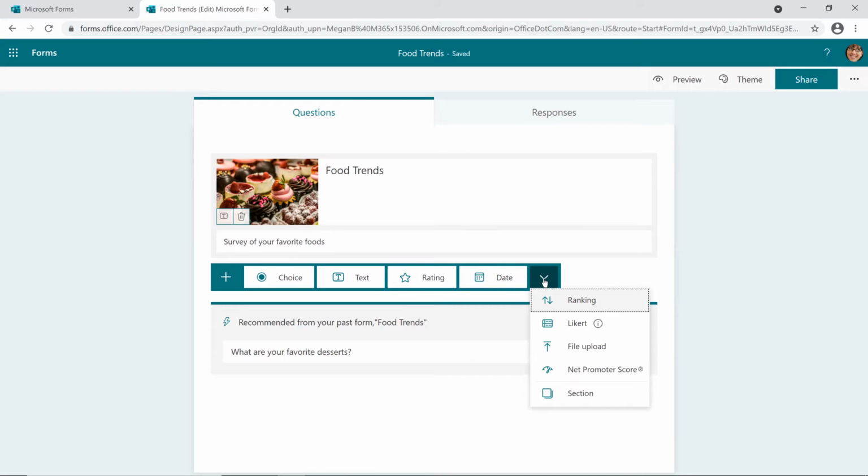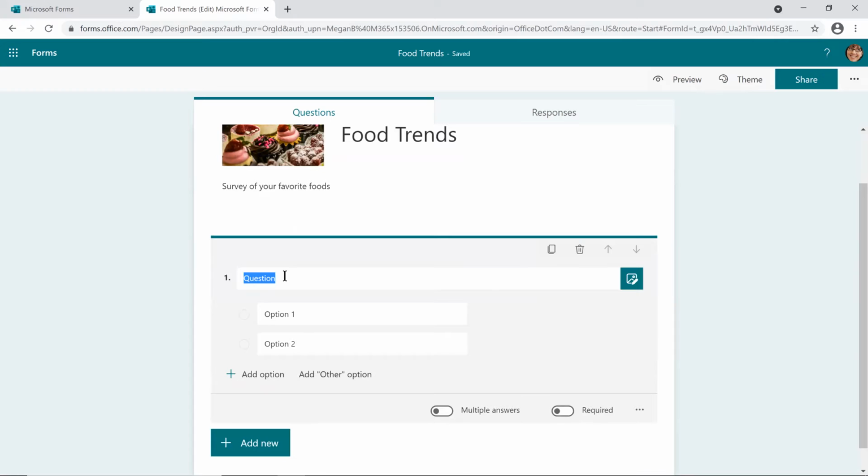Now, as we explore, we have a lot of other options for questions, and you can see all of these here. So choice, text, rating, date. We also have ranking, Likert. We can offer the option to file upload and net promoter score. So the NPS. So all of these, you'll have a chance to see what they look like. In this case, I'll pick choice. We could build something. So you can see here, recommended from your past form food trends. So it's suggesting that based upon what we've created before. And I could have picked that one, but